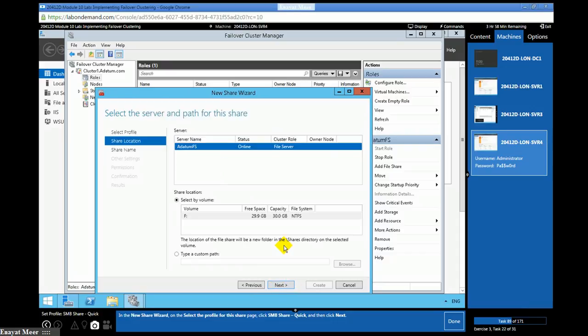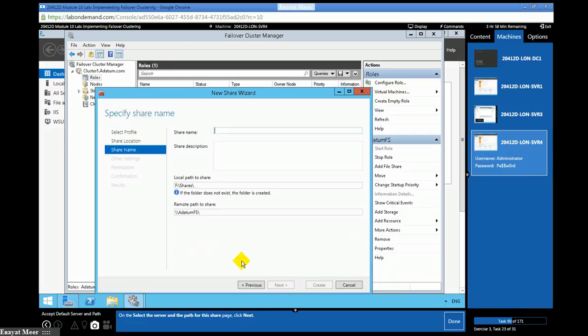You can read the description as well if you want to. We're going to leave the volume as it is, and here you can provide a share name. DOCS is our share name.